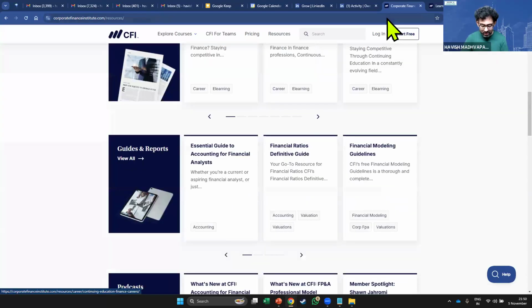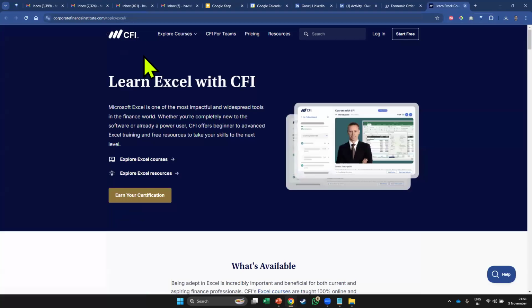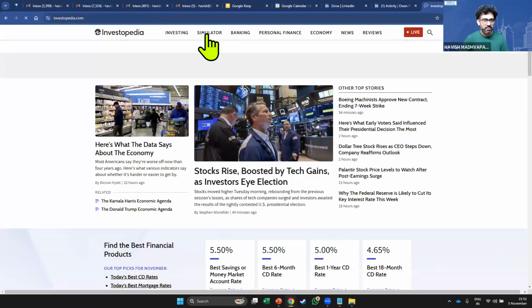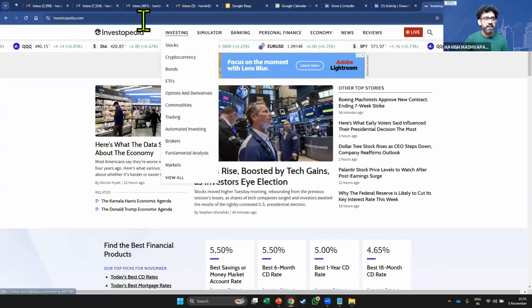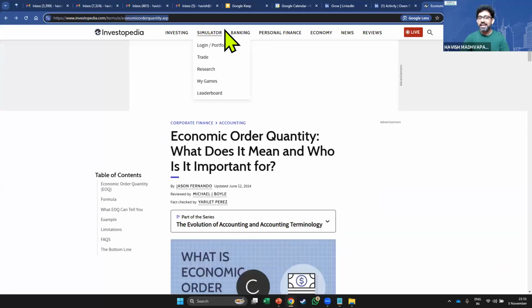Okay. And for terms, you can go to Investopedia, if you haven't seen it already. Investopedia, again, is I think the best way to rapidly learn a lot. If you just go here and come to, just a moment. I'm sorry, I need to know what landing page it is. Terms, Investopedia, terms. I love the amount of content they have.